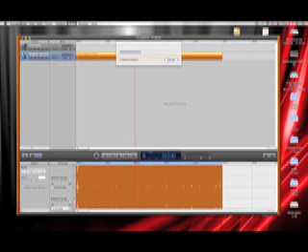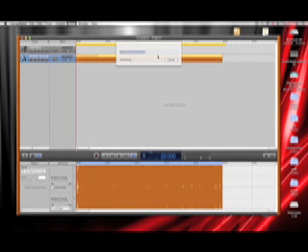Now what you're going to want to do, right at the top up here, you're going to go to Share, Send Ringtone to iTunes. It does this little thing, converts it,